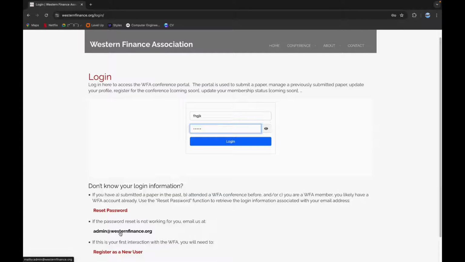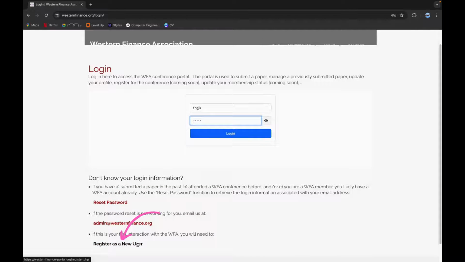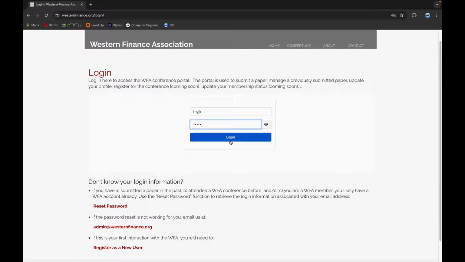And if you don't have an account yet, you can click on register as a new user and create a new account. Now click on login, and these are the simple steps that you can follow to log in Western